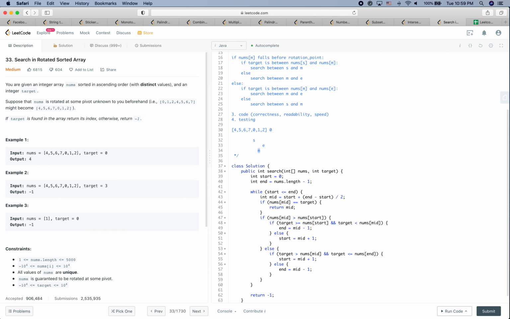It's happening. It doesn't have a transition point for this subarray actually. So the mid is happening before the transition point, which is this one. So we are going to say okay, target is